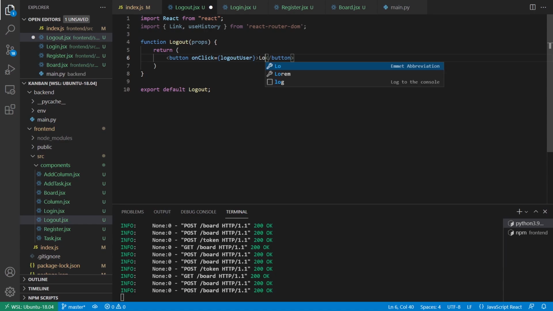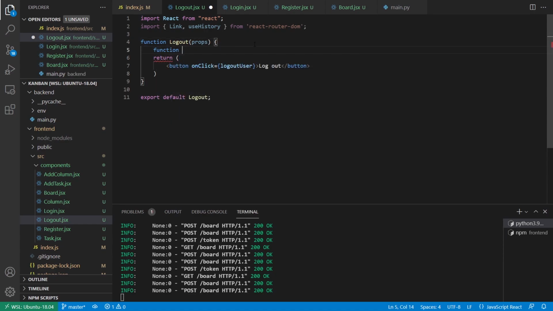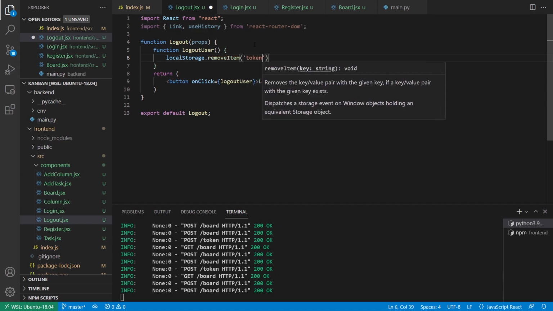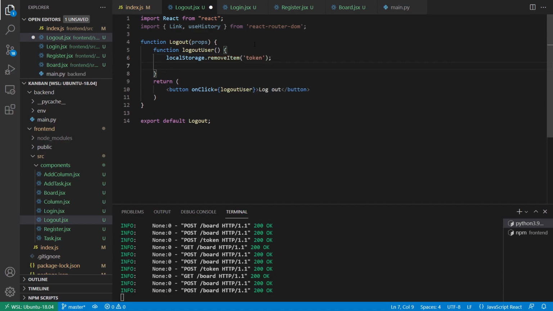And log out. Okay, so I want to create this function called logout user. It doesn't have to take anything. All I want to do is remove the token from the local storage. So remove item, I'm going to remove token. And then I want to push to the